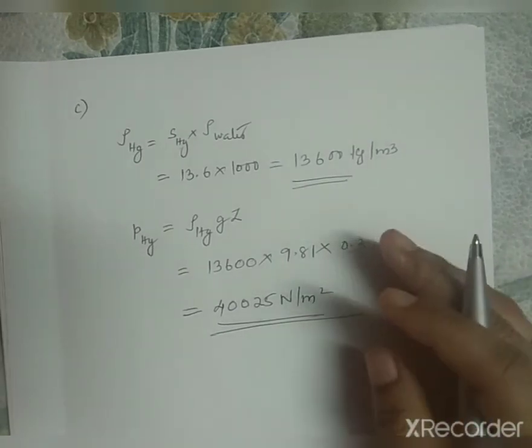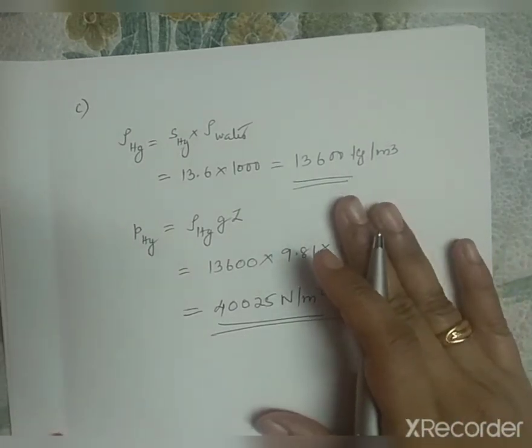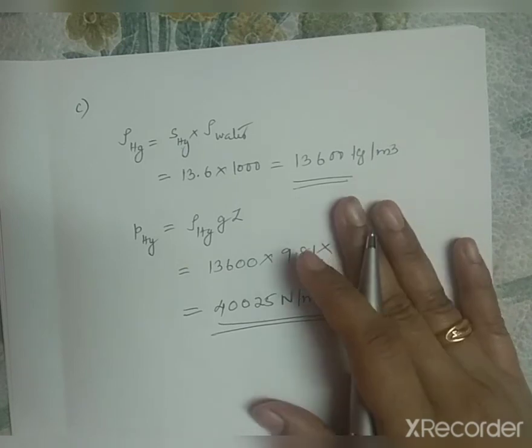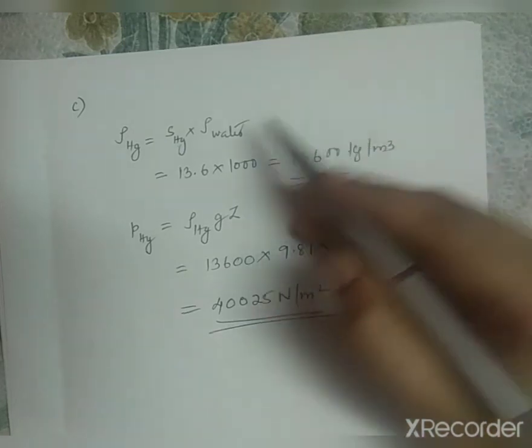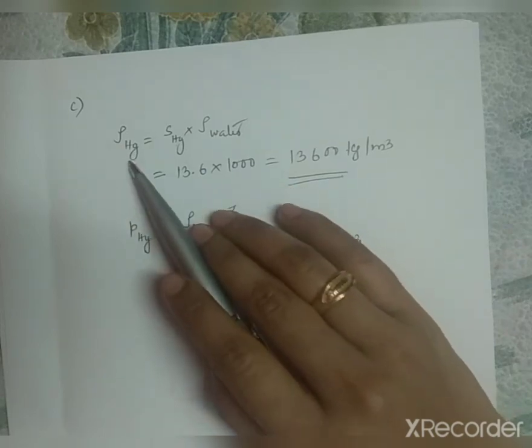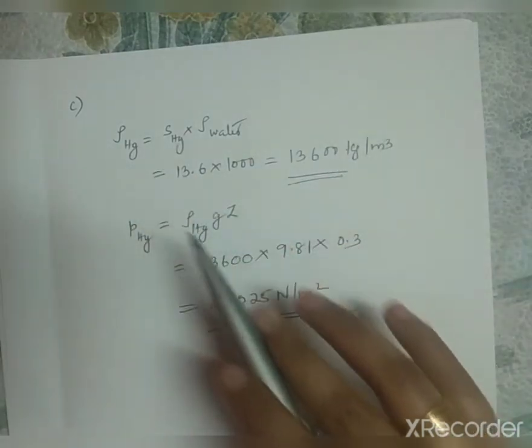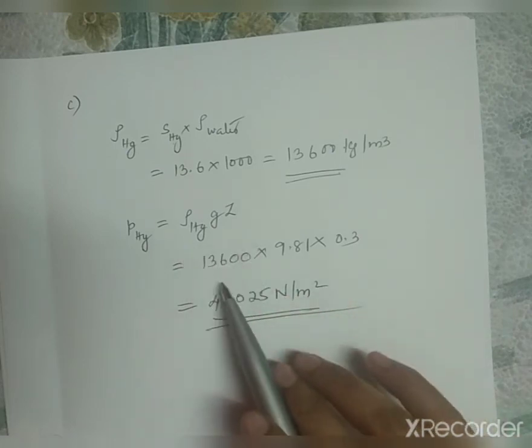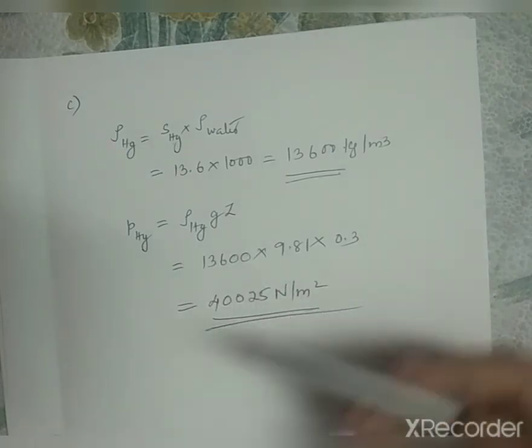Okay, so when you find out the answer, always write the steps. You have to show how you got the density, show the equation and the substitution, and finally arrive at the answer.